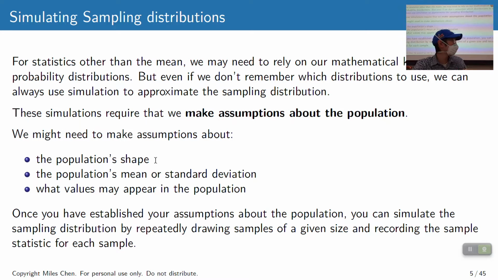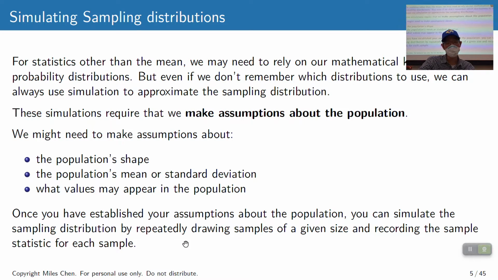We might have to make assumptions about the population's mean or standard deviation, that they have certain properties. We might have to make assumptions about what kind of values we are going to see in the population, that maybe we're not going to see a value bigger than this number. And once you establish your assumptions about the population,